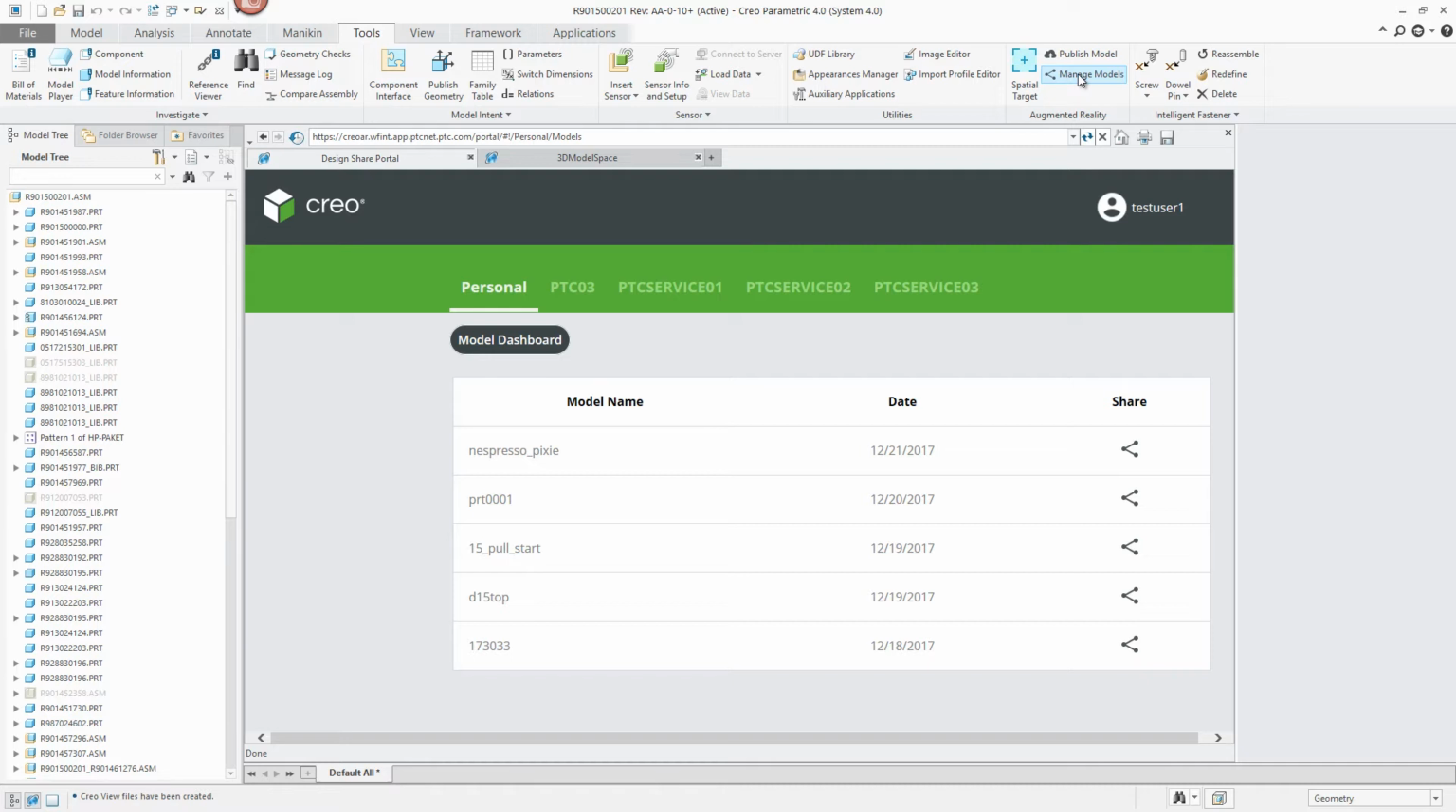Immediately you see a number of new tabs. Now these tabs depend upon the access to the services within the portal. By default, you will see a personal tab, and this will list the models that you've published to the free service. Again, there are limitations to the free experiences, such that you can't have more than 5 models published at one time. You can't delete them. If you publish a 6th model, it will overwrite the oldest model published, and they have a shelf life